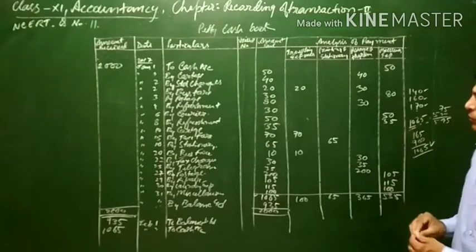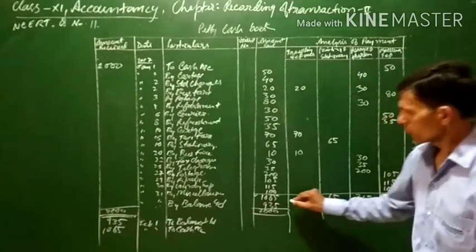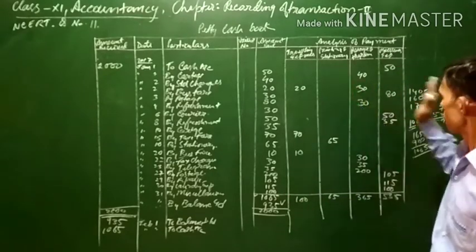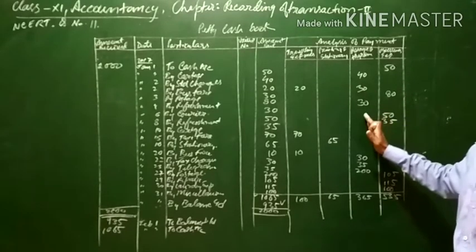If there is any doubt, you can still recheck it, and I think it is correct, also because the balance is already given as 935, and the rest of the things are in one column. As far as this column is considered, you can add more columns if you want.